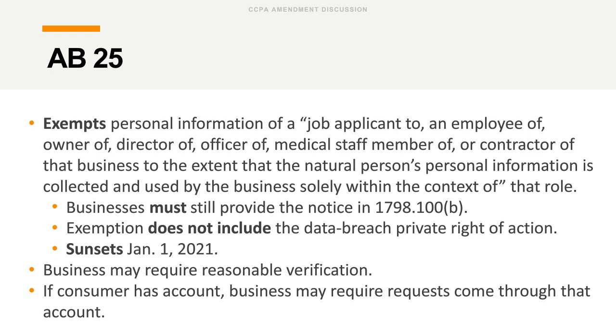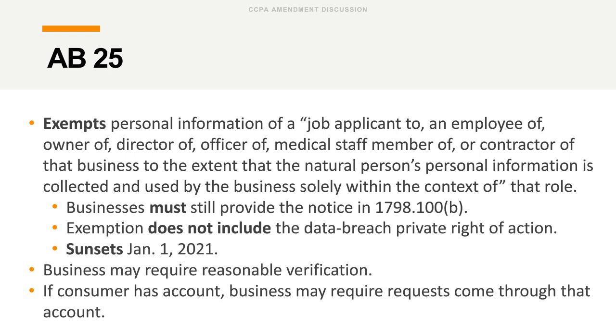This exemption is also not touching on the private right of action for data breaches. So employee personal information, if it's involved in a data breach, there'd still be the private right of action that applies to that. And this bill also is sunsetting after a year, and what that means is the exemption will begin on January 1st, 2020, and this information will be exempted throughout 2020